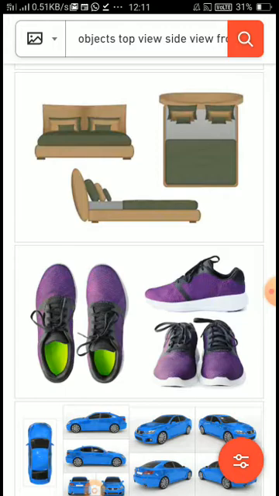a bed is given. 3 images of the bed are given. In these 3 images you can see image number 1. When you see the bed from the front side, it looks like image number 1, as you have seen many times at your home also. Now when you look at the bed from the top side, it looks like image number 2. And when you look at the object from the side portion, it looks like image number 3 of the bed.